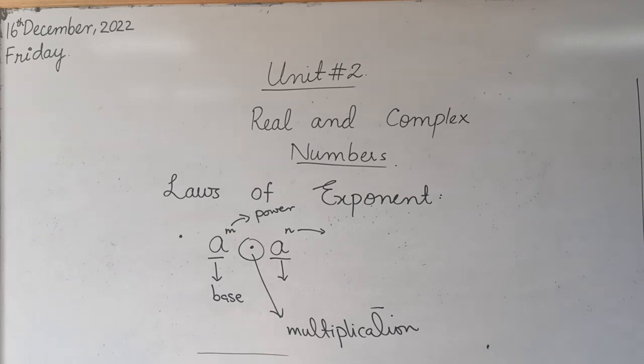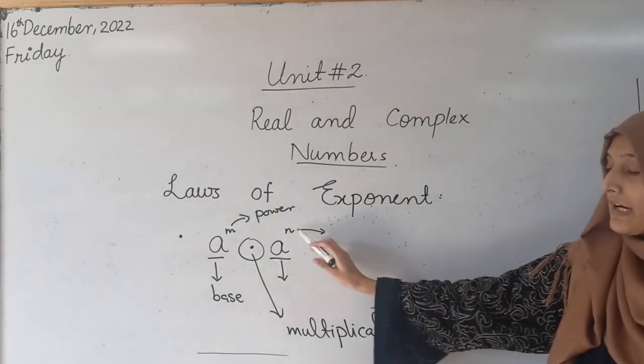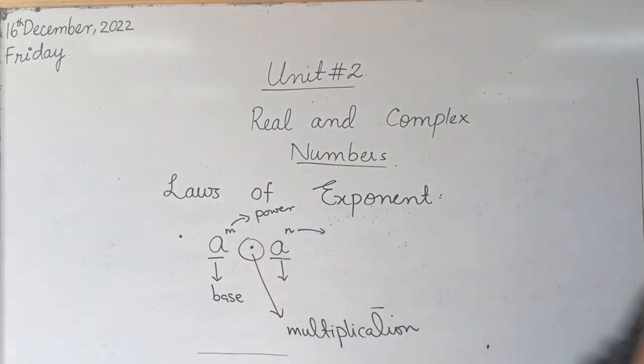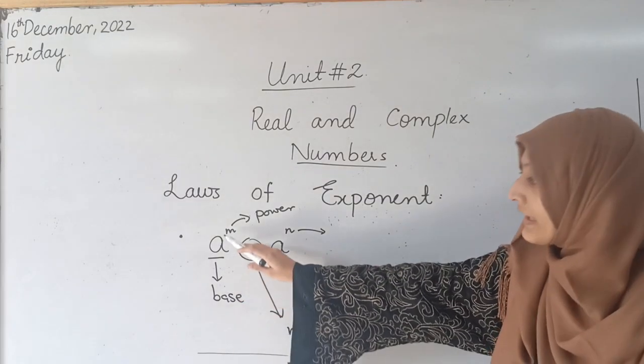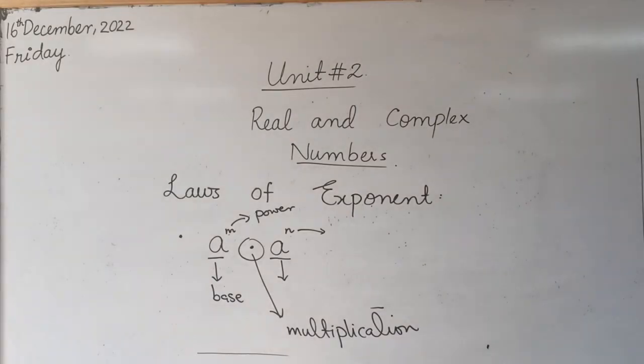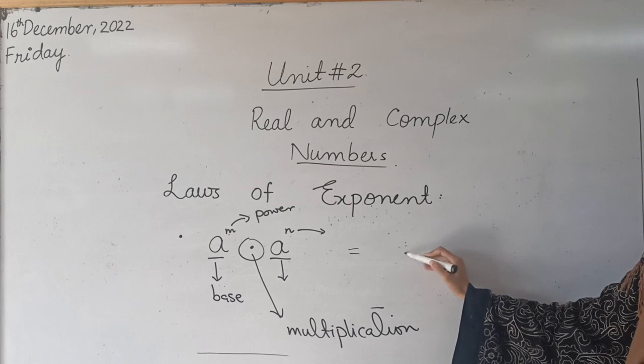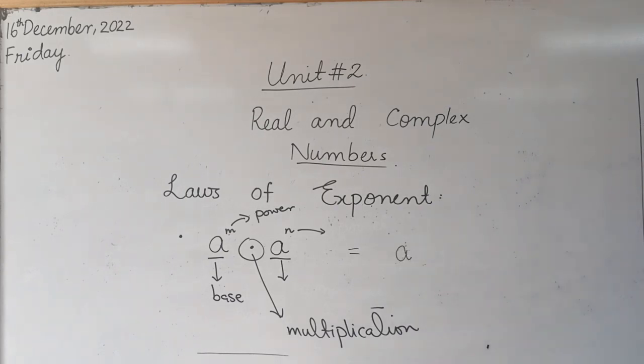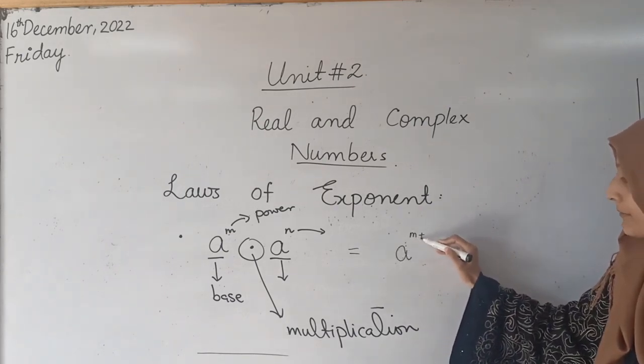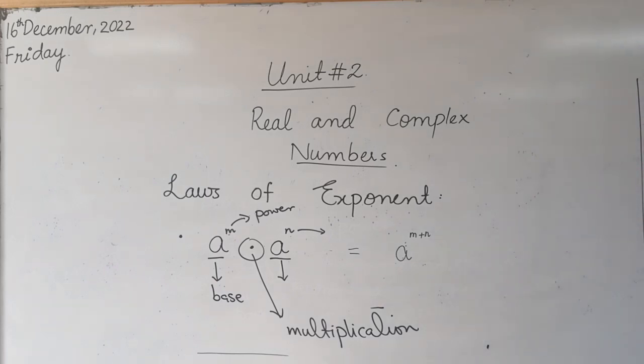exponential numbers. This law says that if the bases are same but powers are different, and they are in the form of multiplication, then what will we do? We'll write the base and the powers will add, m plus n. A raised to power m multiplied by a raised to power n is equal to a raised to power m